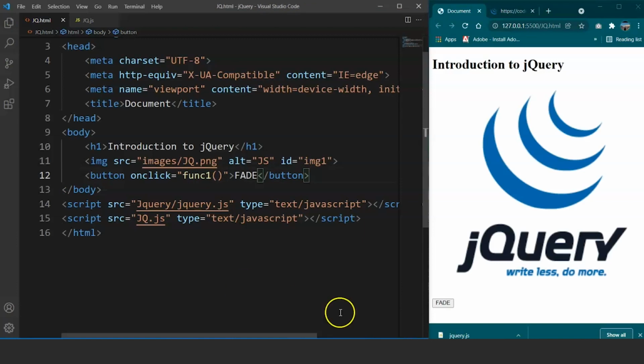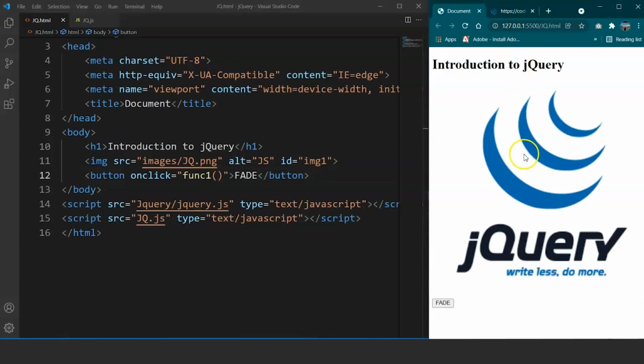Save it, and here you can see we have an image over here. We can resize the image by using image height and image width property here, but let's leave it for now. And we have a fade button over here. You can see the fade button is not working. It's just a fake button for now. So we have been doing all this stuff for quite some time now, right? It's easy. The most straightforward task in HTML, we can say.